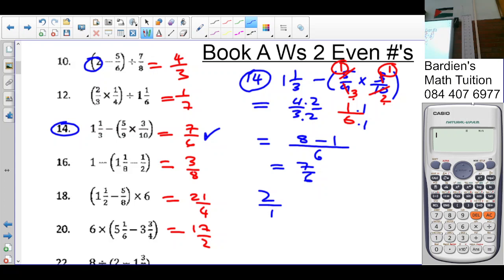Now, if you need a denominator to be 2, then it's going to be 4 over 2. For 1 over 2, if you need a denominator of 5, then 5 times 1 is 5, 2 times 5 is 10. Can you see that? If you need a denominator to be,